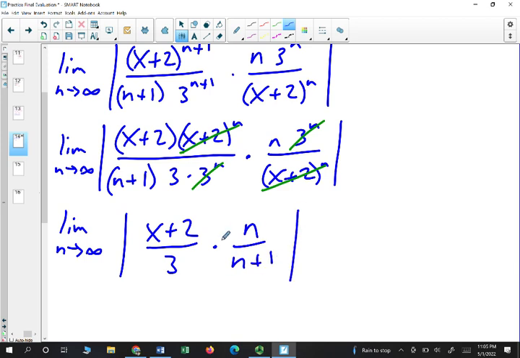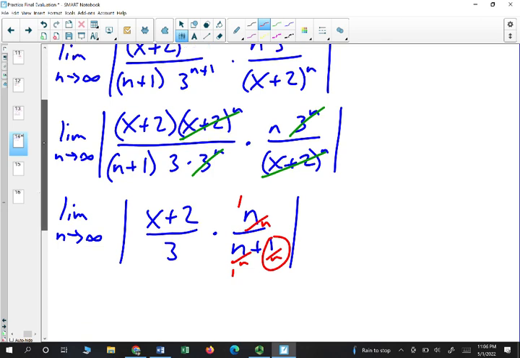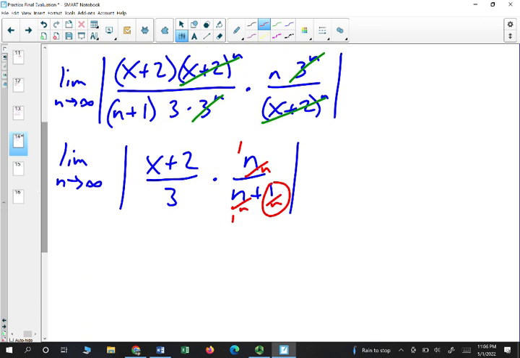I like to group the n's together to see what the limit turns out to be. If we just divide by n, we get 1 over 1, so that's going to be it for our limit, so 1. So that means we're left with just (x plus 2) over 3,